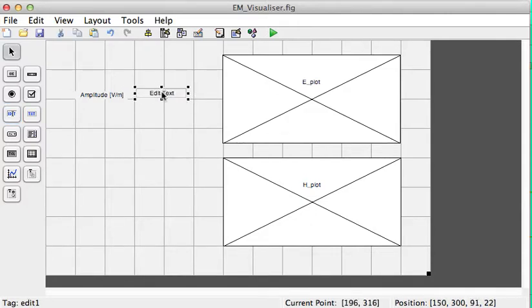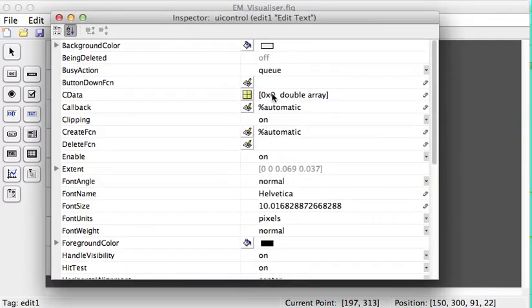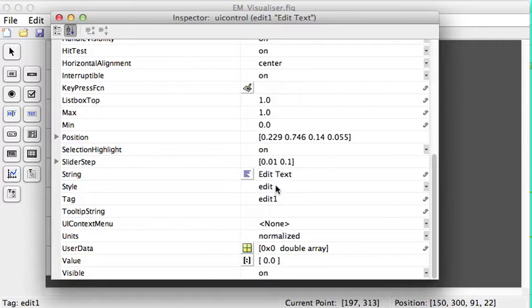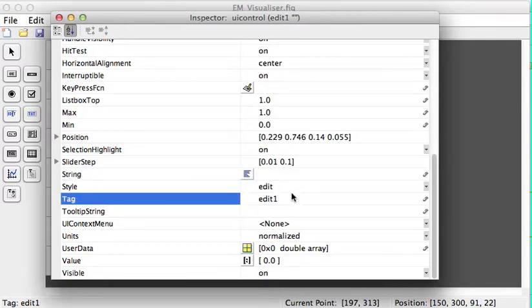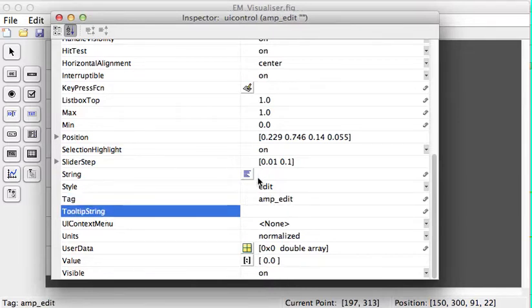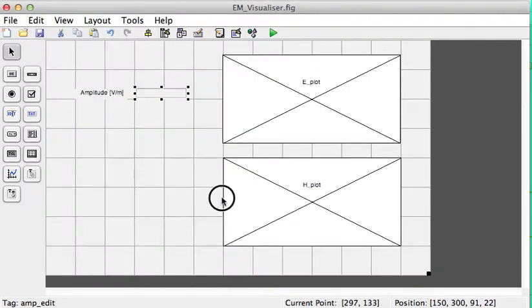I'll just make that a bit bigger. Make that a bit bigger. Right. Now, edit text. I'm just going to make that empty to start with. It's an edit object, and the tag, the unique identifier, I'm going to say is amp edit. Okay, so we need to give these useful tags because we need to remember it later on when we are